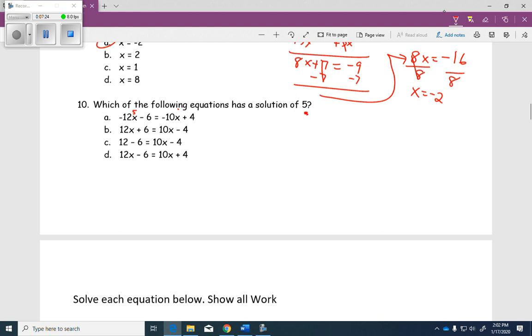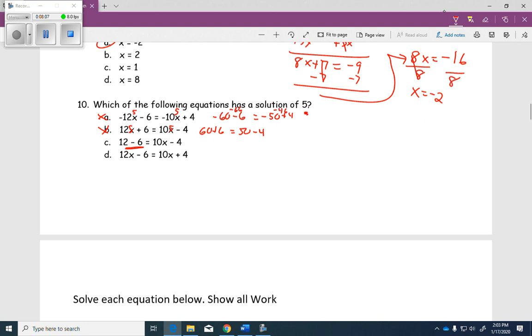If I put a 5 in here, and if I put a 5 in here, I get negative 60 minus 6 equals negative 50 plus 4. This is a negative 66, while this is a negative 46, so it's not choice A. Choice B, if I plug a 5 into each place, I get 60 plus 6, which is 66, equals 50 minus 4, which is not 66, so it's not choice B. And C,